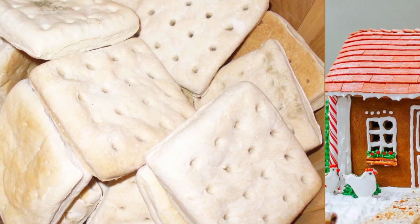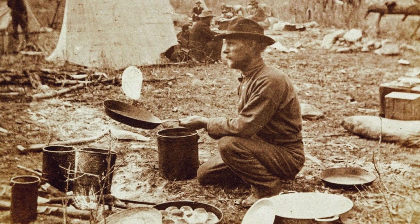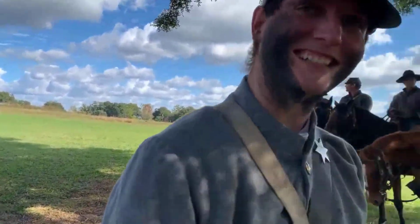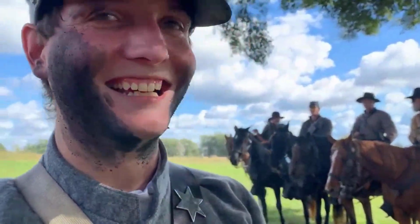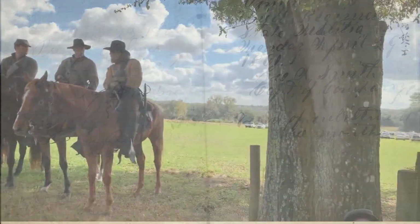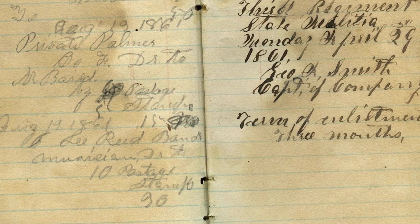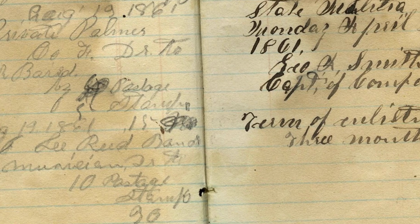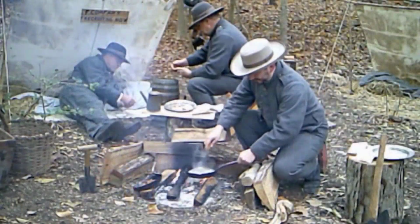Would you have traded your last piece of hardtack for a slice of gingerbread or a drumstick sent from home? Across 4 years of war, Union soldiers received an average of 9 hardtack crackers a day, while Confederate troops often turned to wild greens and creative substitutes just to fill their camp kettles. Diaries and letters, from the complaints about desecrated vegetables to the joy over a rare gingerbread treat, reveal how food shaped morale,